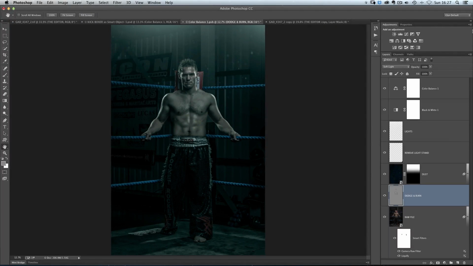Okay, so carrying on from where we left off, I now want to show you how dodging and burning can help to really enhance the muscles in any physique shots that you happen to do. And I'm going to do it on this picture here that I've got of a friend of mine, a guy called Steve Cook, who's actually, I think, number one in the UK and number two in the world when it comes